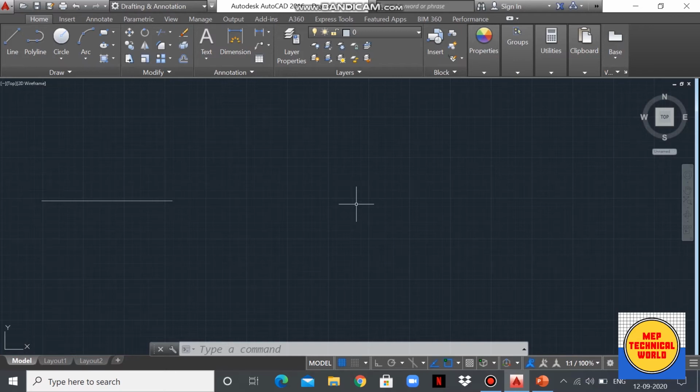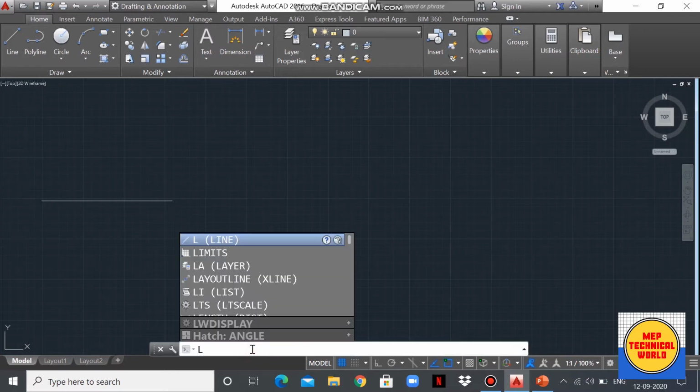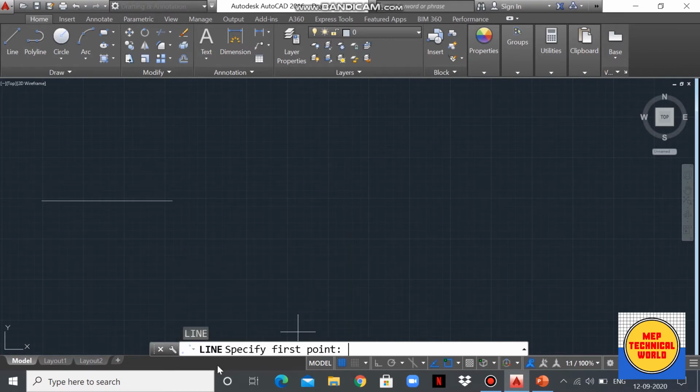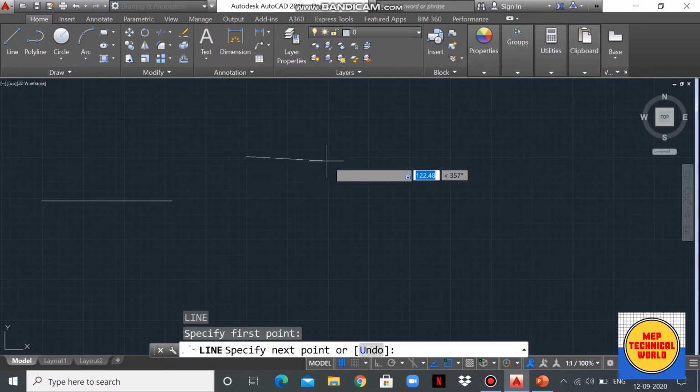So let's start it. Now type L in the command bar, press enter, and again you will see specify first point. So now I'm going to specify first point of the triangle over here. Again you will see this statement specify next points. Now I'm going to specify next point of the line having dimension 200 mm.